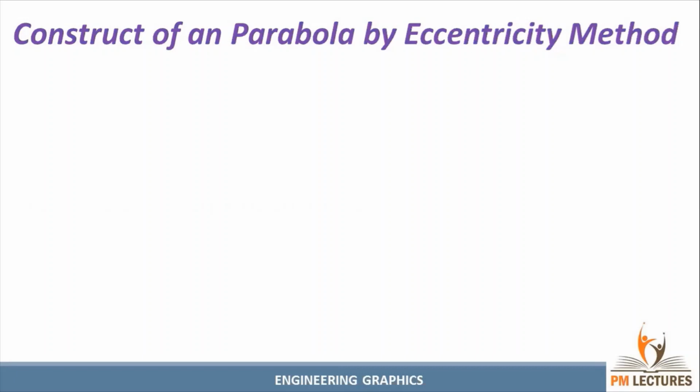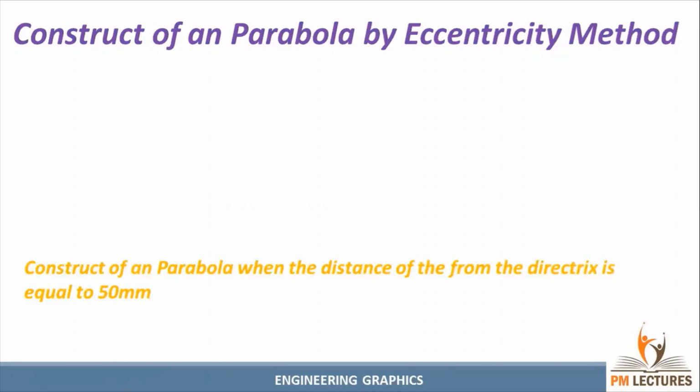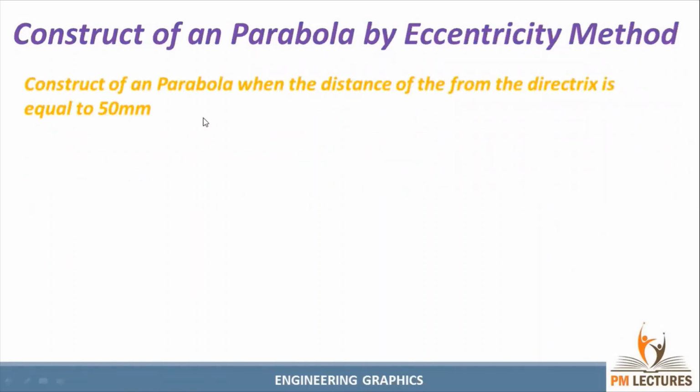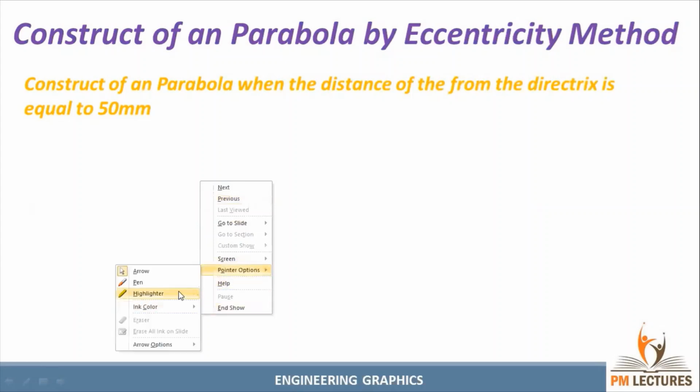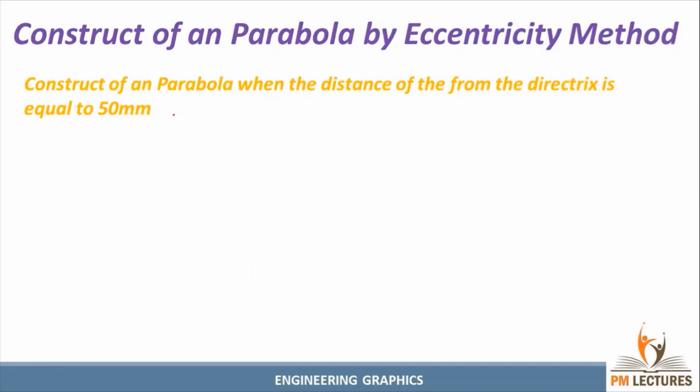Today we are going to see a topic called construction of a parabola by the eccentricity method. First, let us see the question now. This is the question we have. In the question itself, they directly gave the word parabola. Sometimes they won't give the word. Instead, they give e equals 1, that means eccentricity is equal to 1. From that, we can identify it's a parabola problem. So the first step is to identify whether it's a parabola problem or not.